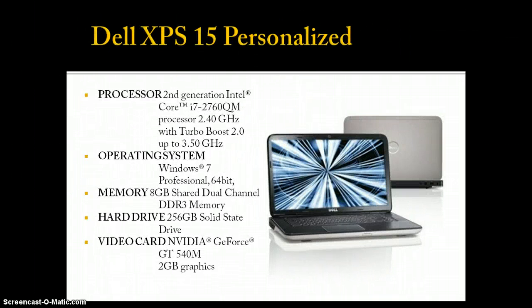I went online and found Dell XPS 15, but some of the specifications don't meet my requirements, so I had to customize it, and I chose second generation Intel Core i7 with 2.4 gigahertz in Windows 7 Professional 64-bit OS, and I chose 8 gigabytes of RAM, 256 gigabytes of hard drive space, and I chose GeForce GT 540M graphics card with 2 GB graphics,